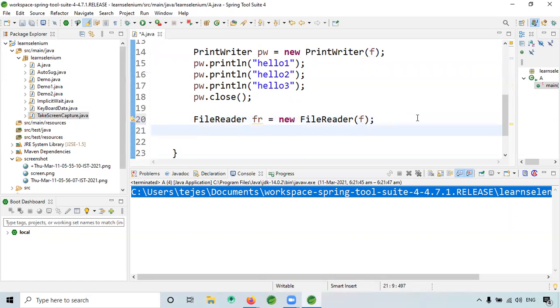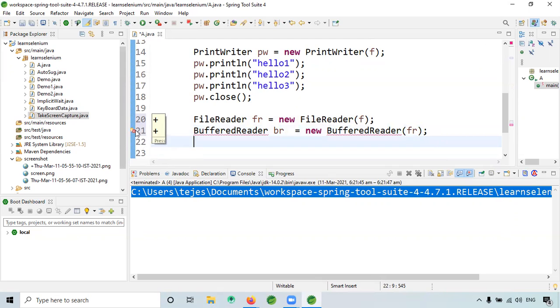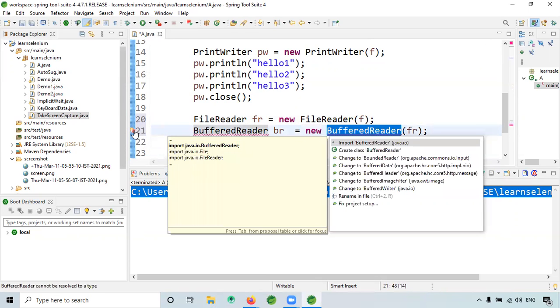Next, BufferedReader br is equal to new BufferedReader. Here we give fr, like this. Import it.